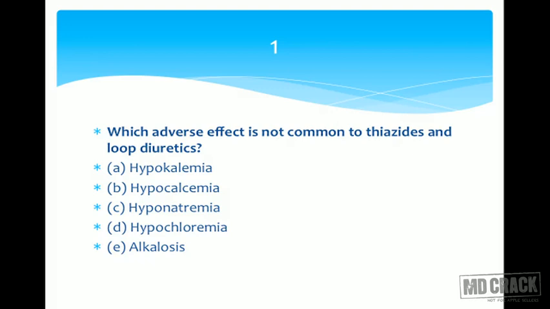If you're not getting it, remember that when diuretics are given in heart failure, there's hypokalemia and we have to manage the hypokalemia. If sodium is going out, chloride has to go out. Now if these substances are going out, obviously it's going to be alkalosis. So what remains is hypocalcemia. Whenever you think about loop and thiazides, always keep in mind the word calcium. The difference is going to be made about the calcium.